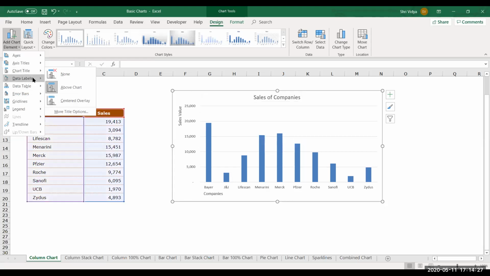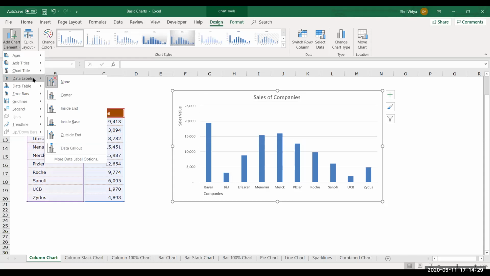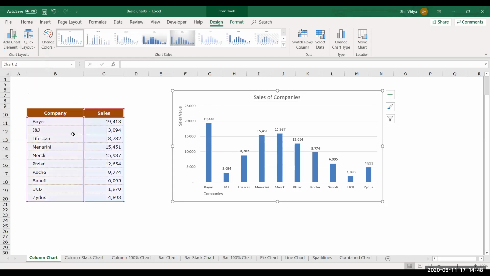There is something more interesting, like data labels. See, this will let me show you the series value on which we have plotted these columns. What is the exact value on which these columns are plotted? I would like to know that. So I will go for this, data labels. You can choose this. So you have an option to edit all these as well.